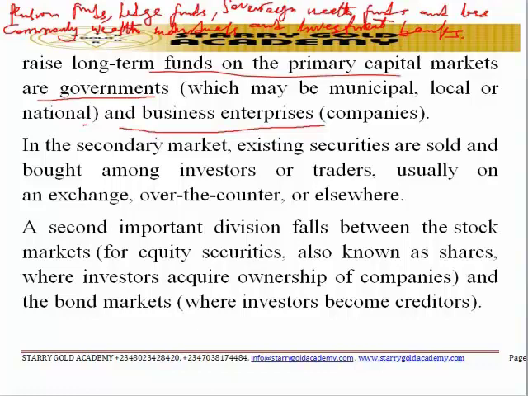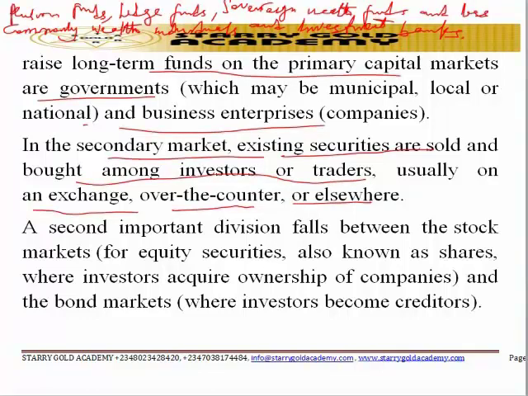So while in the secondary market, existing securities are sold and bought among investors or traders, usually on an exchange or over the counter or elsewhere, okay. So the existence of secondary markets increases the willingness of investors in primary markets, okay. As they know, they are likely to be able to swiftly cash out